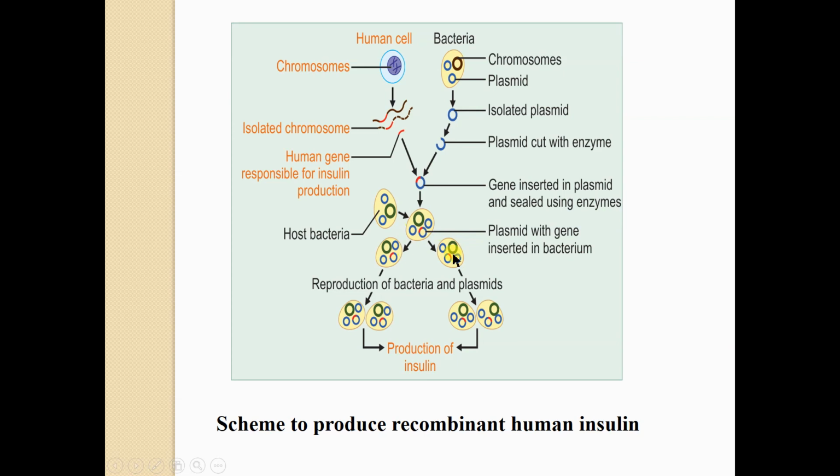These bacteria will grow. So three different types of colonies are synthesized. One contains simple plasmid, one contains the plasmid with our DNA of interest, and one contains simple bacteria. From that, our colony of interest is found, then the bacteria reproduce the plasmid, and a large number of bacteria containing the plasmid of interest are produced, and there is production of the protein by the expression vector. So a large number of insulin molecules can be synthesized.